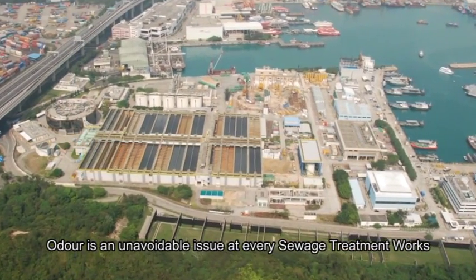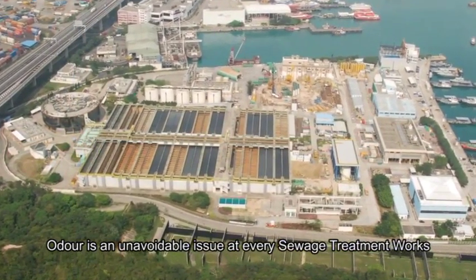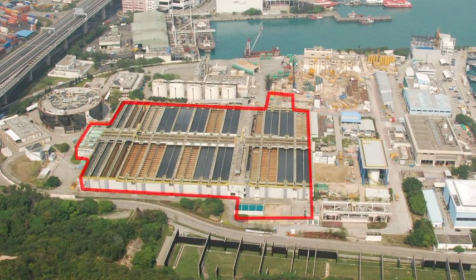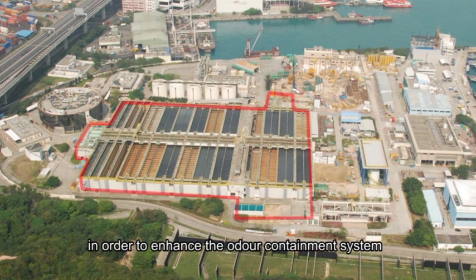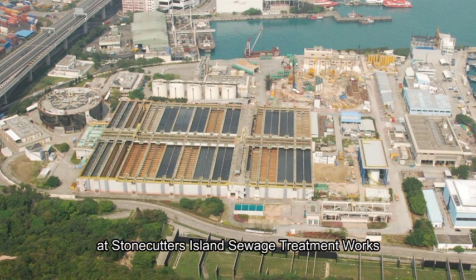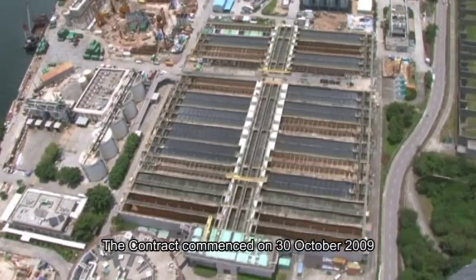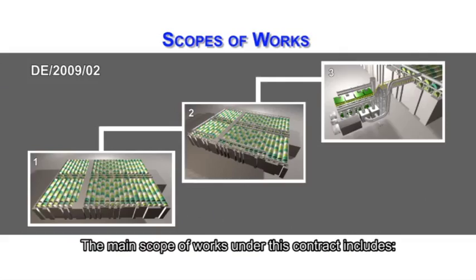Odour is an unavoidable issue at every sewage treatment works. Consequently, DSD launched contract number DE 2009-02 in order to enhance the odour containment system at Stonecutters Island Sewage Treatment Works. The contract commenced on the 30th of October 2009. The main scope of works under this contract includes: